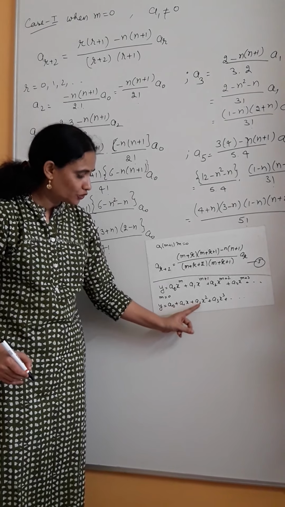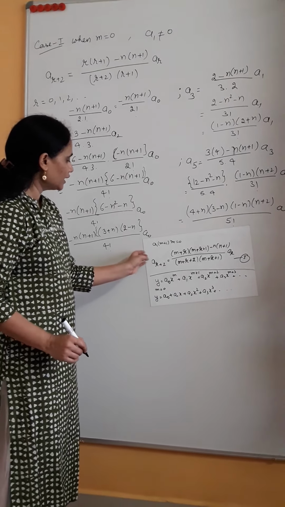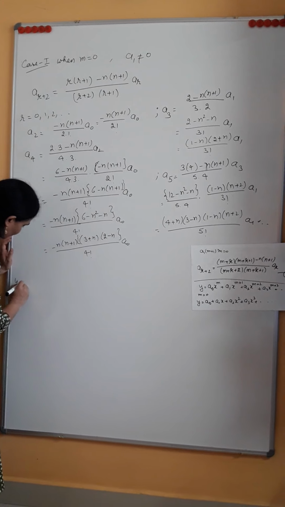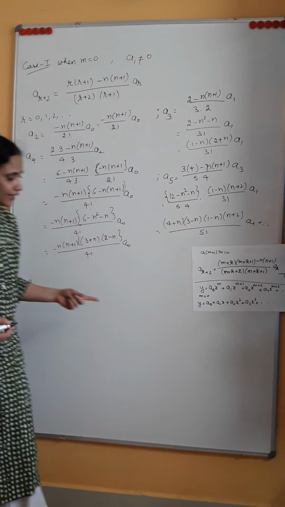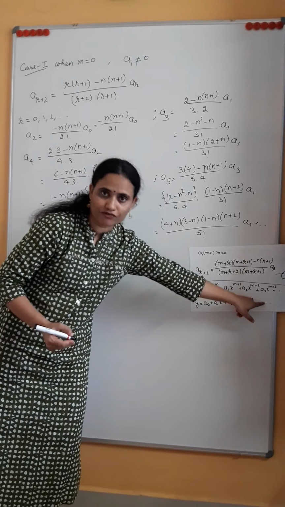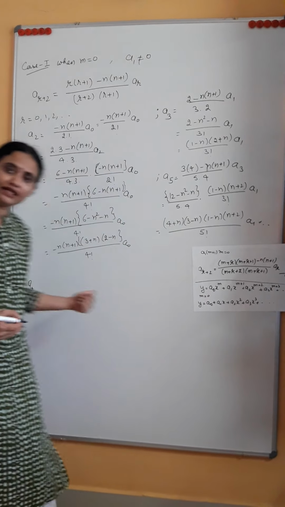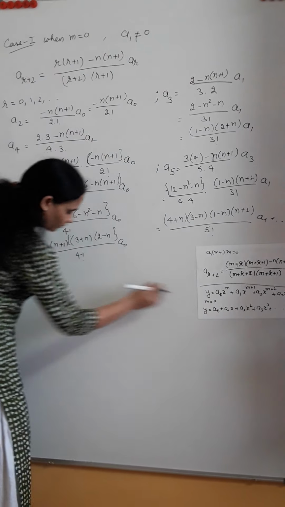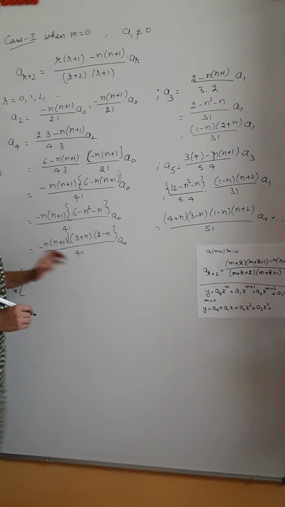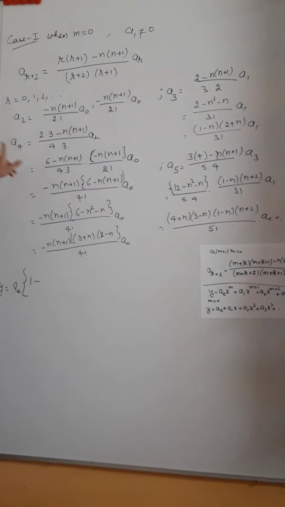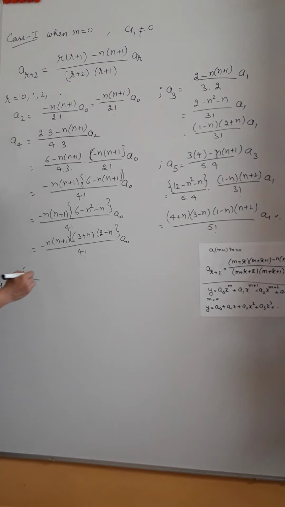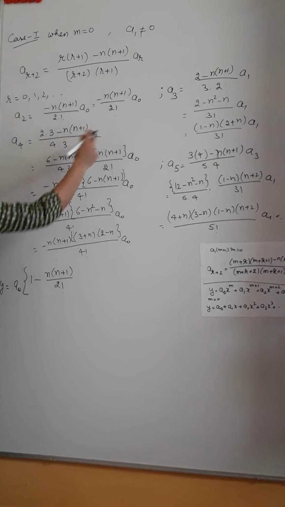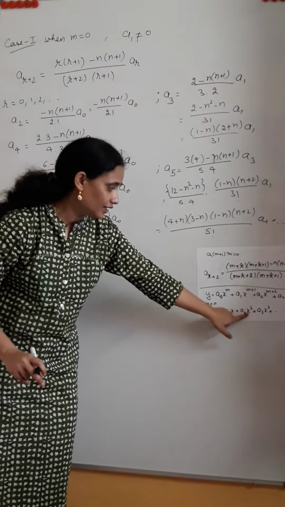Now I have to substitute these constants. So that is what we are going to do here. Substitute these values. So y becomes a naught. Out of which terms can I take a naught common? The first term, a2, a4, because every a2, a4 can be expressed in terms of a naught. So I have taken a naught common. So the first term becomes 1 plus, what is the value of a2? Check where is a2. This is a2, minus n plus 1 by factorial 2. A naught we have already taken outside. So what is left there? x square.